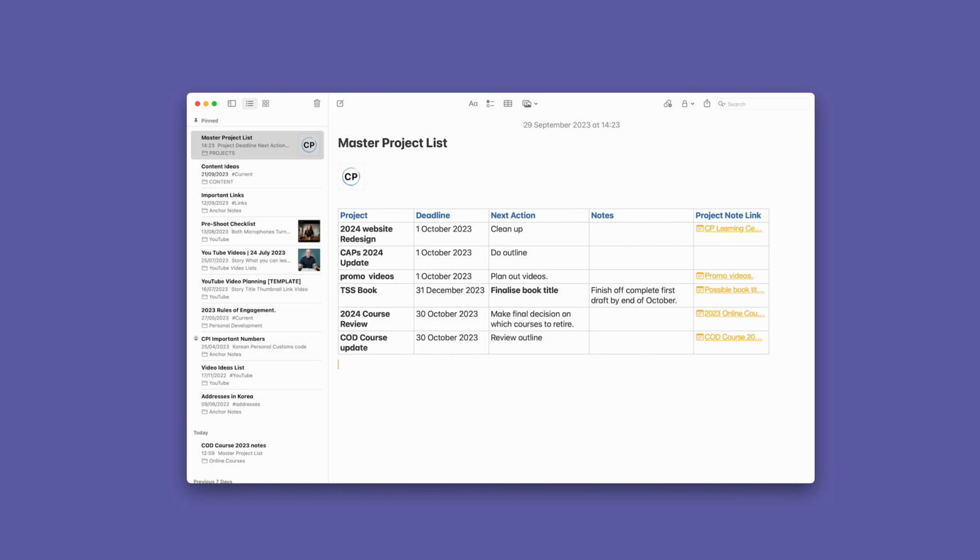We're going to create a master project list and see if we can get it to work seamlessly with all the little projects that I have ongoing right now. So let's find out. Okay, so what I've got right here on the screen is a master project list that